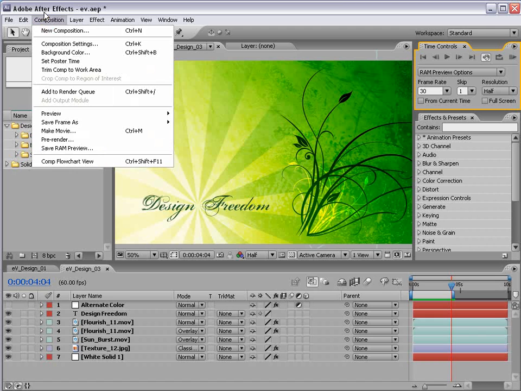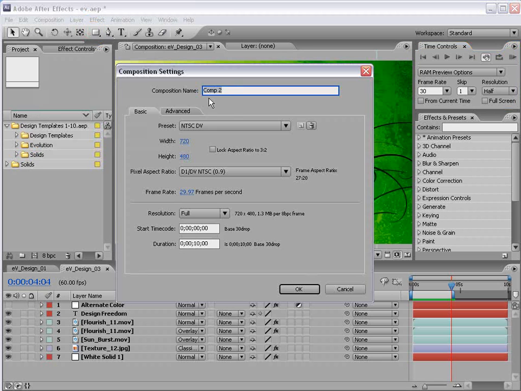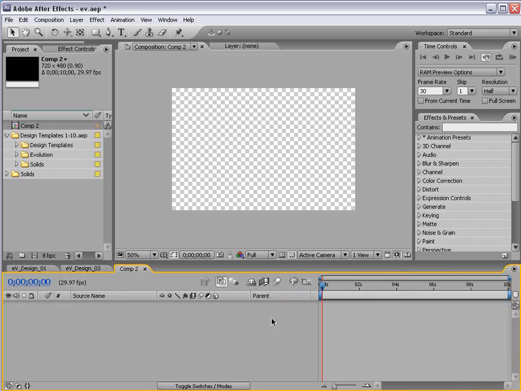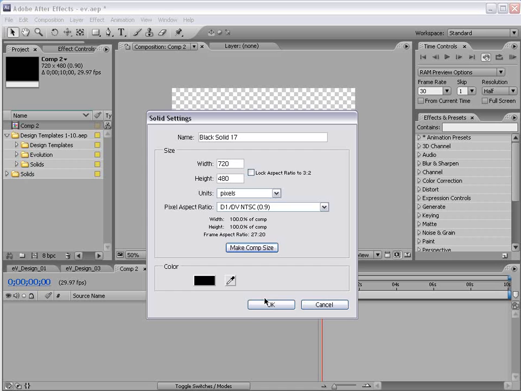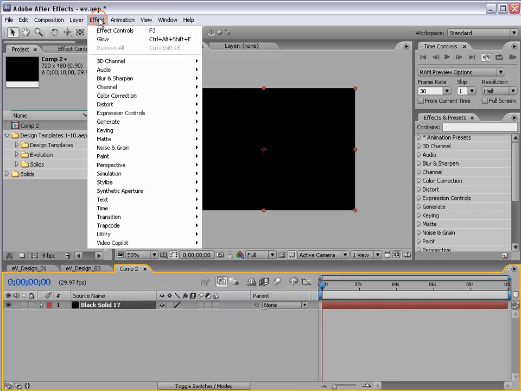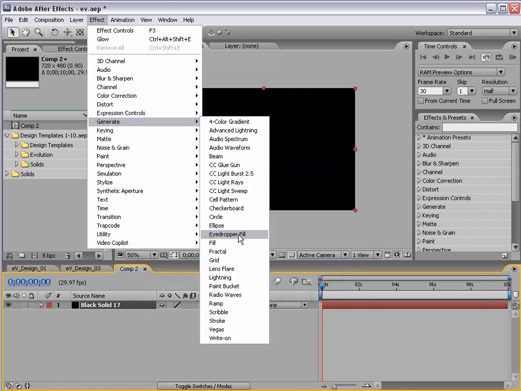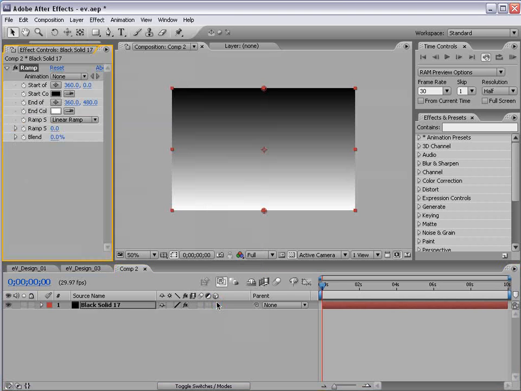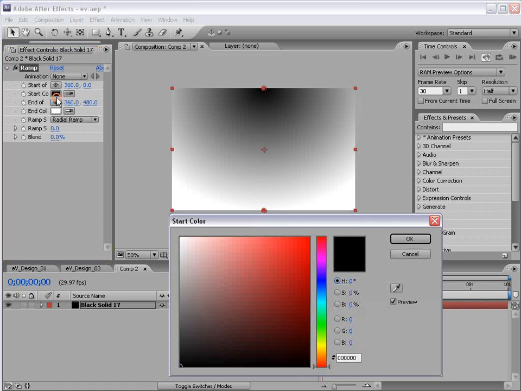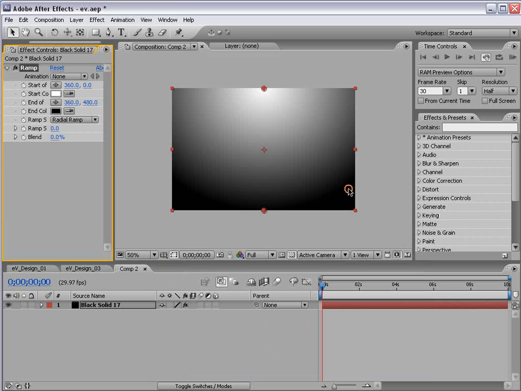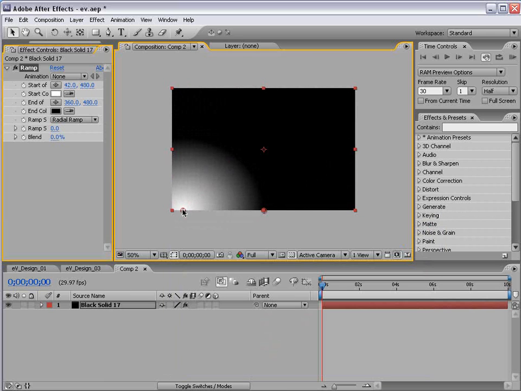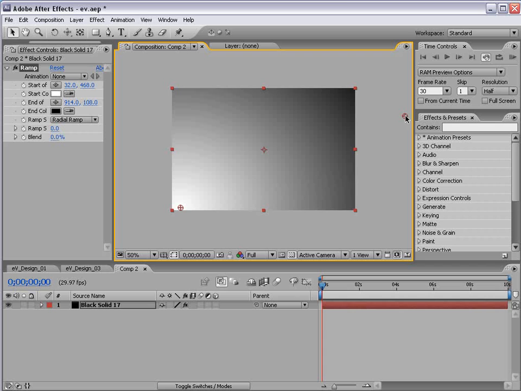I'm going to create a new composition. DV, 10 seconds, perfect. And then I'm going to go ahead and create a new solid. Make comp size and OK. Then I'm going to choose Effect, Generate, Ramp. And we'll set it to a radial ramp. And we'll set the first color to white and the end color to black. And then I'm going to move the highlight area sort of down here,